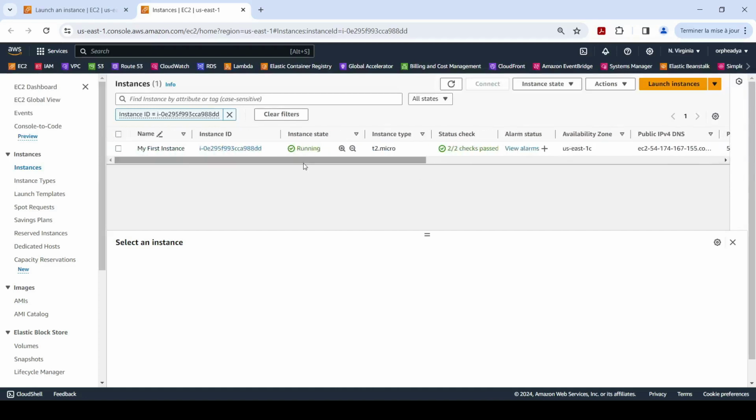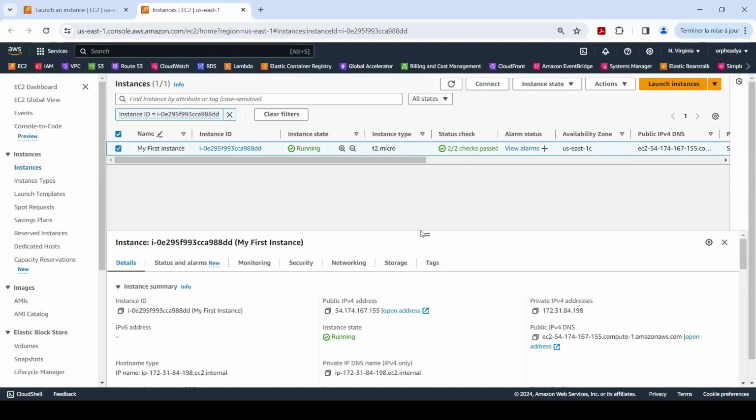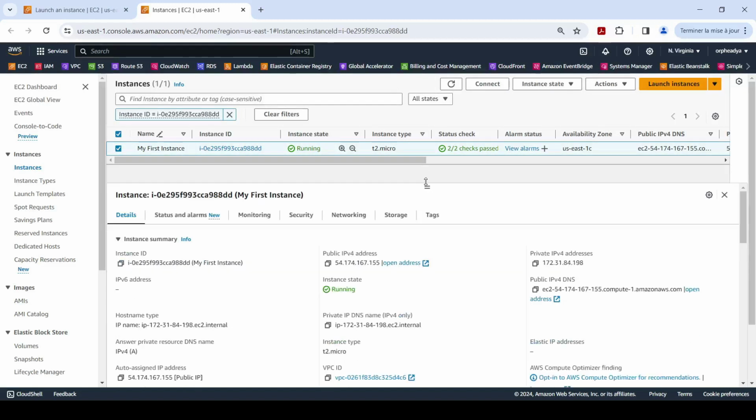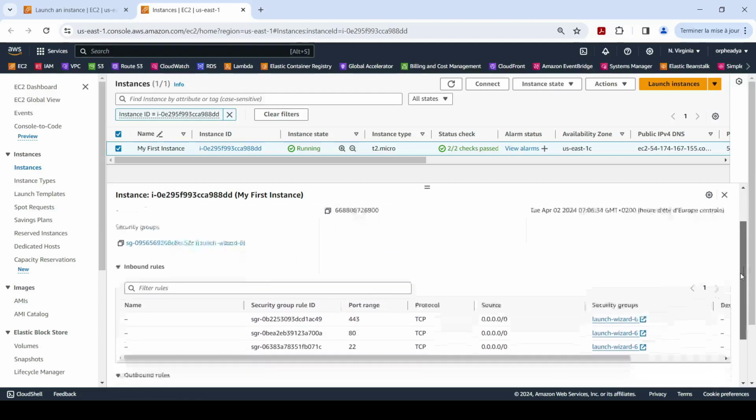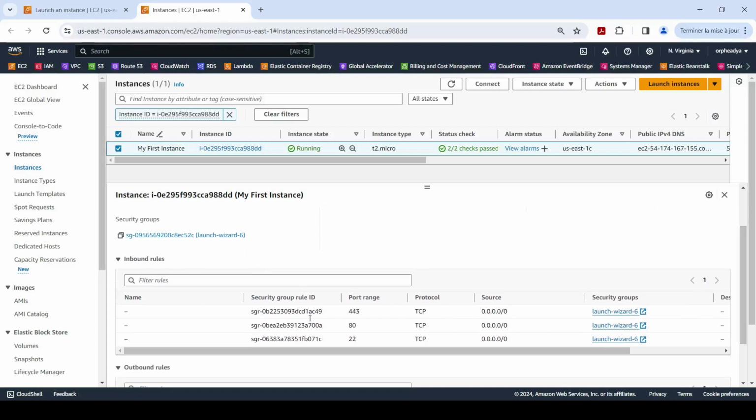If you want more information, you can click here and select the instance, and here we have, for example, the instance ID, the public IP of the instance, the private IP of the instance, the state of the instance, the type of the instance, and on the security tab we have the inbound rules we have defined.